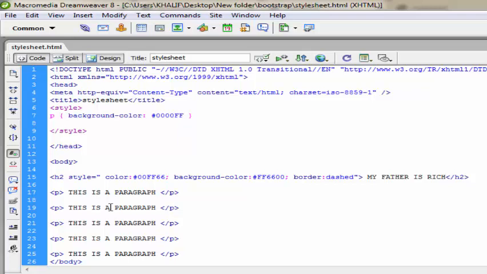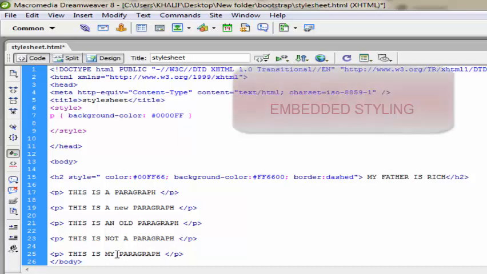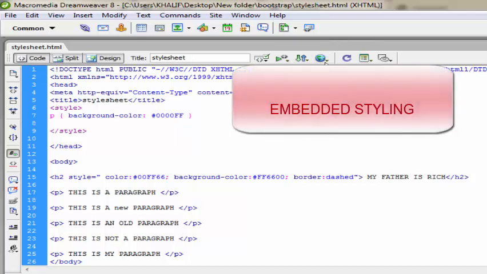This is a new paragraph. This is an old paragraph. This is not a paragraph. And then this is my paragraph. Now these are 5 different sentences. Let's save that and refresh this.